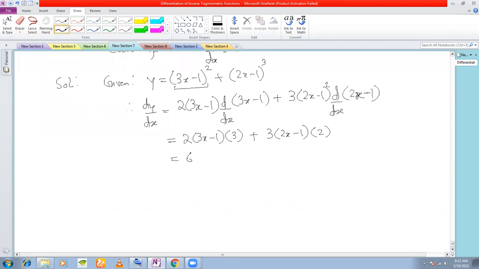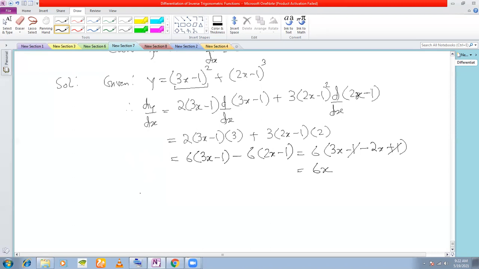So this is 6 times (3x minus 1) minus 6 times (2x minus 1). You can take 6 common, you get (3x minus 1) minus (2x plus 1)... so minus 1 plus 1 will cancel, 3x minus 2x will give you simply 6x. So you get dy/dx is equal to 6x, and the question is find the points on the curve